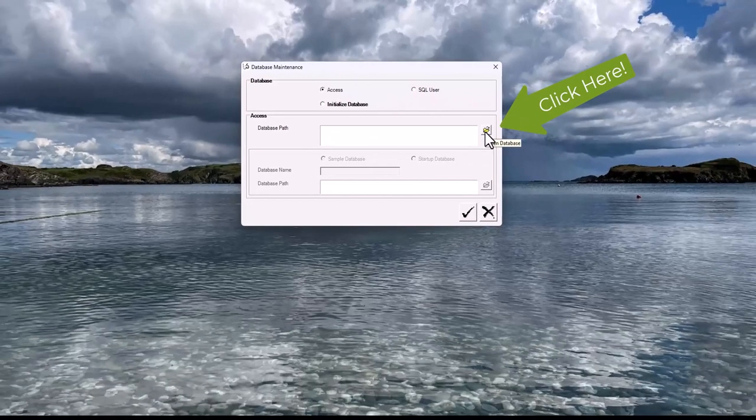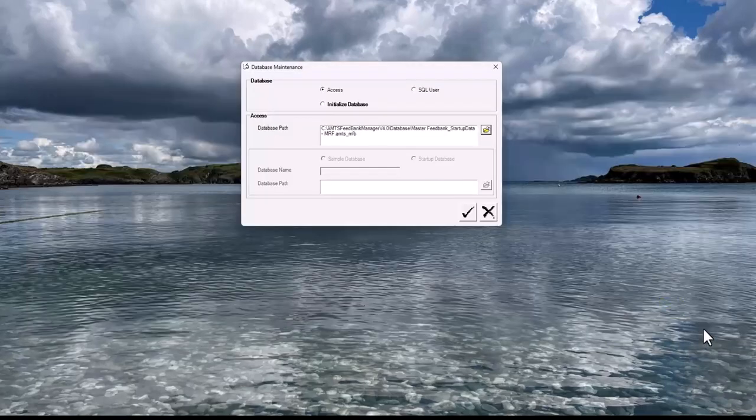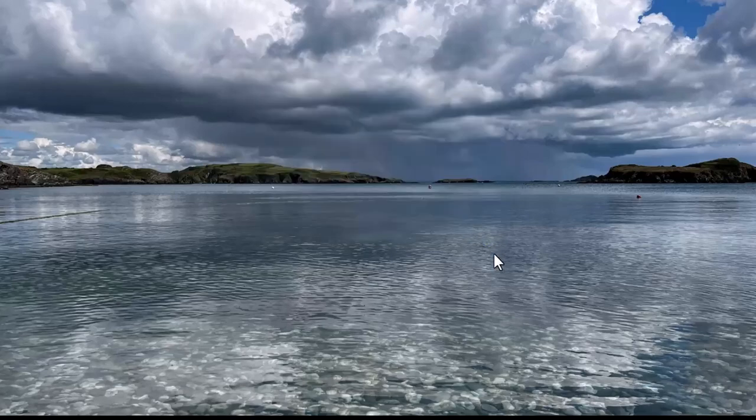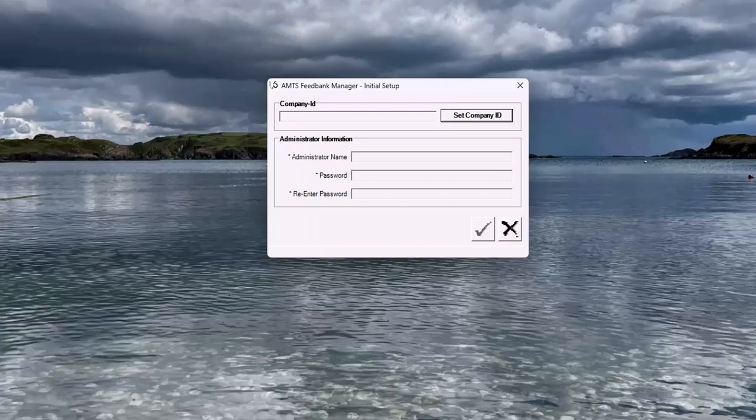I'm going to establish the path. It defaults to the database folder. I will choose that file that I copied and renamed MRF, and I'll make that my startup data. I select the check mark, which means I want to save those changes, and I choose Accept. That immediately brings up the AMTS FeedBank Manager initial setup that allows me to establish the ID that I want